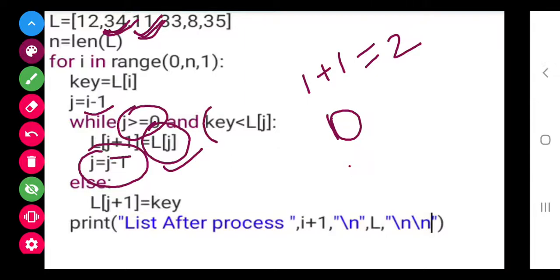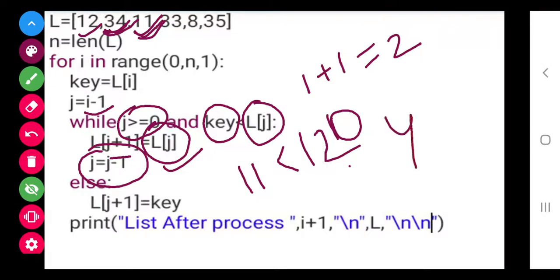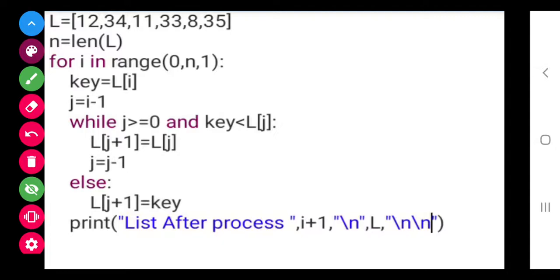Now in the 0 position, key is our 11 only. But what is the element in the 0 position? 12. 11 is smaller than 12. Yes, it is also true. So this condition is satisfied.